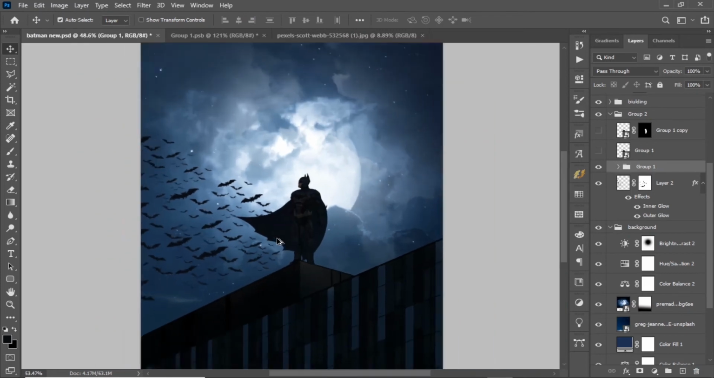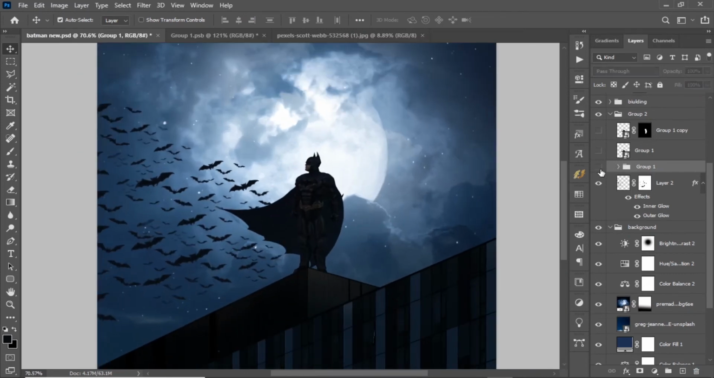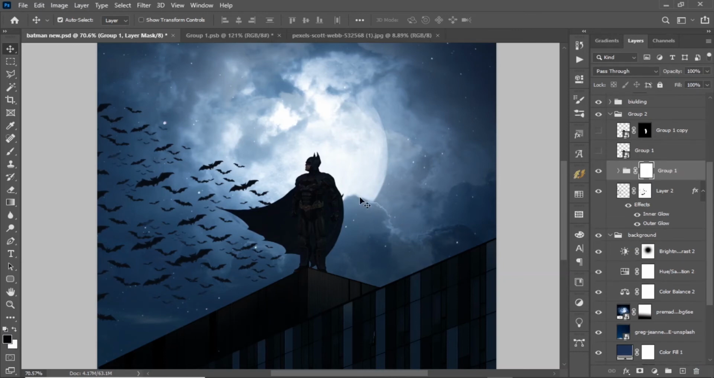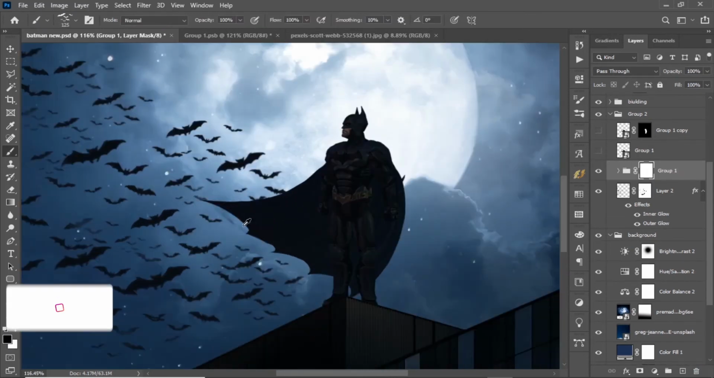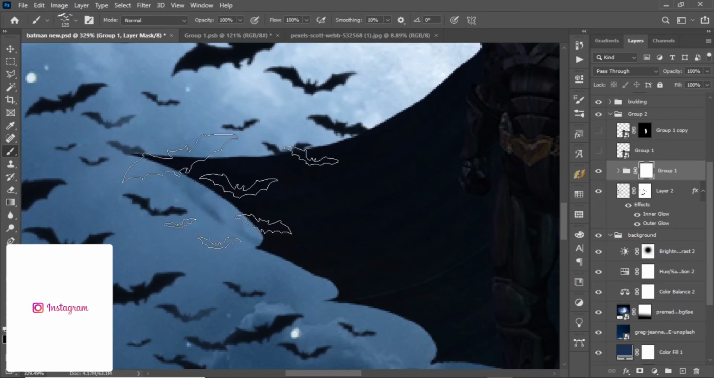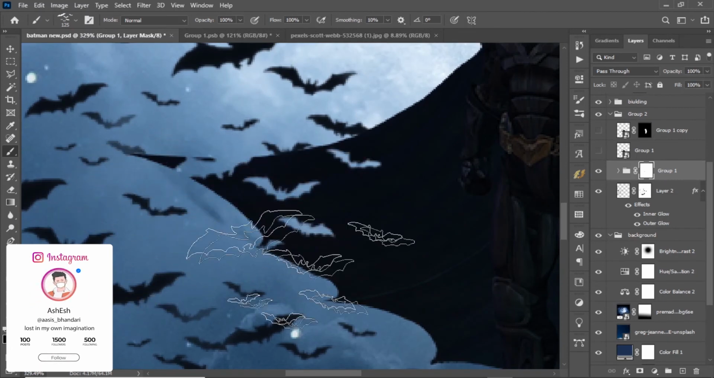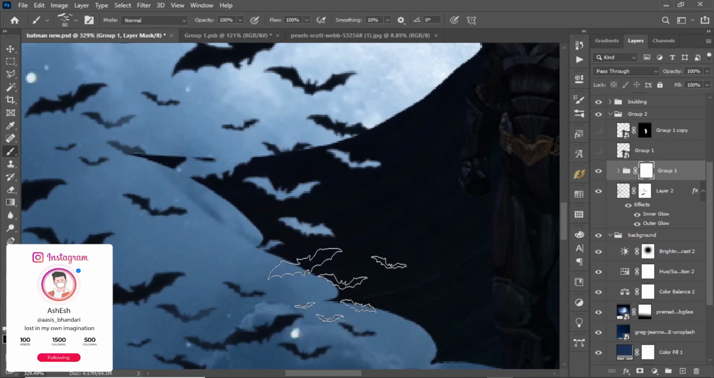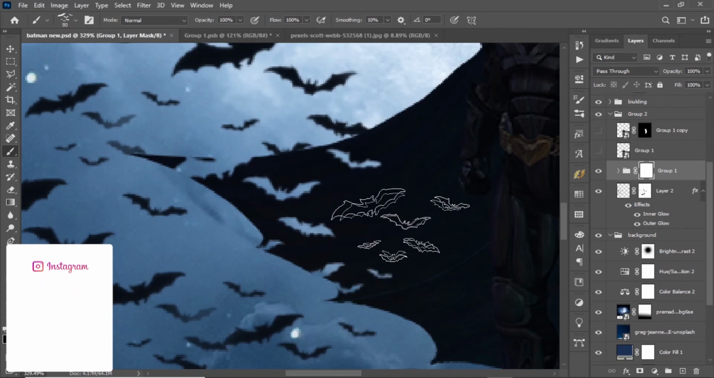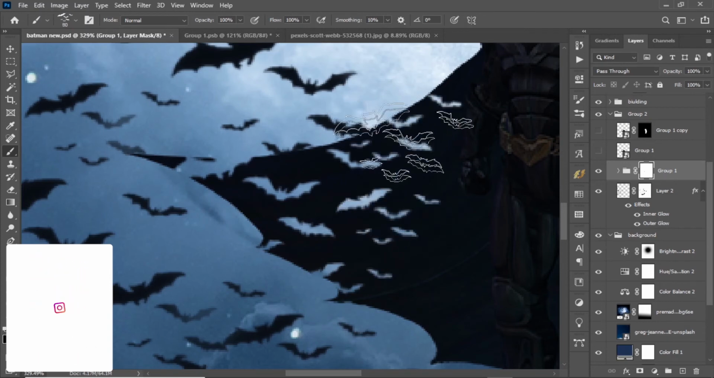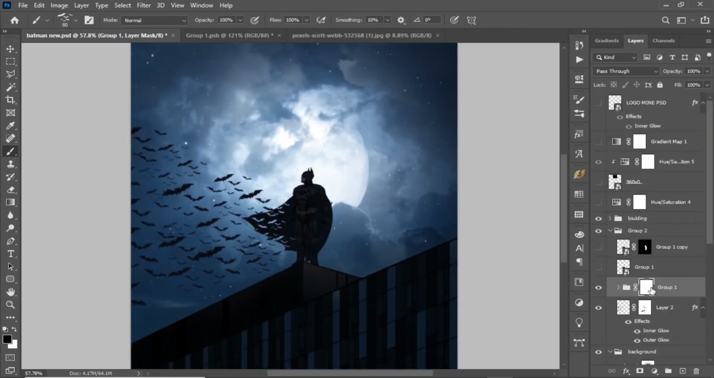The thing I have done is, this is my Batman layer, as you guys can see. I have created a mask out of it, and hit B, and with the black brush selected I have just painted some bats like this. Yeah, as you guys can see, light effect. I have